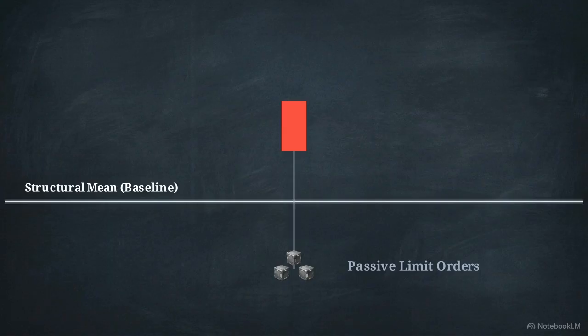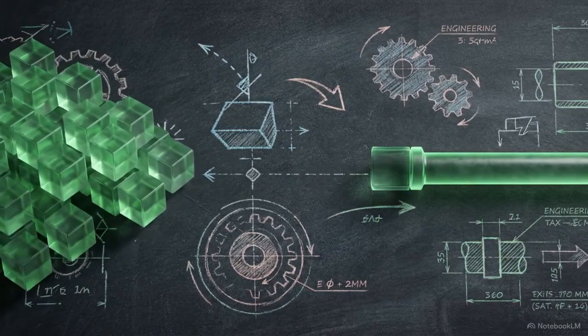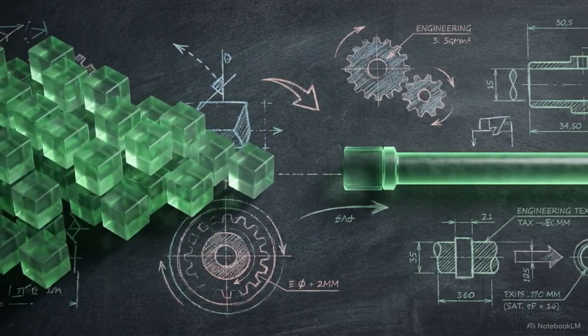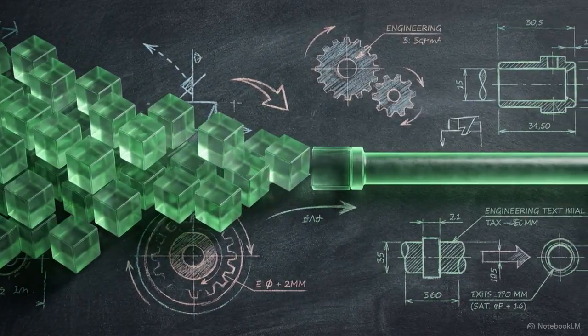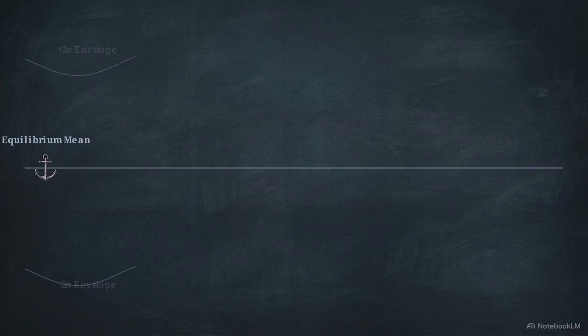The precise operational law here is to enter in the direction of the original trend, utilizing the absorption at the mean as the entry trigger. Risk is managed with an invalidation stop placed just below the rejection wick. This ensures capital is protected if the structural mean fails to hold. By waiting for the midline to provide this exact binary feedback, you completely eliminate the need to guess where a retracement might end. To see how these rules work in practice, we can apply the index to a complete market